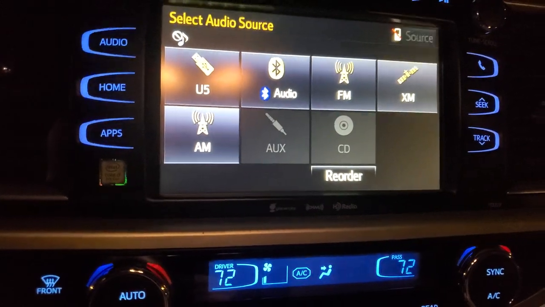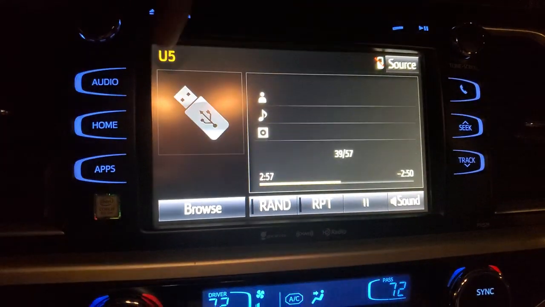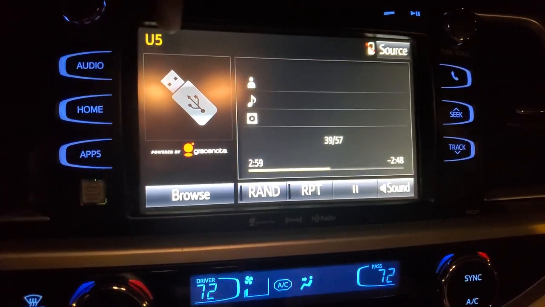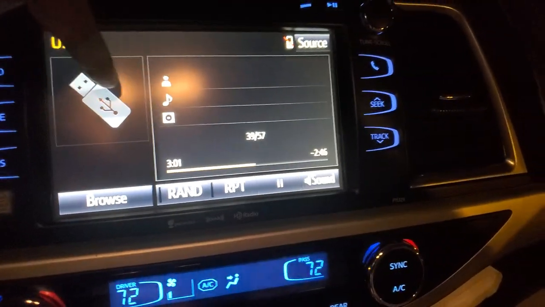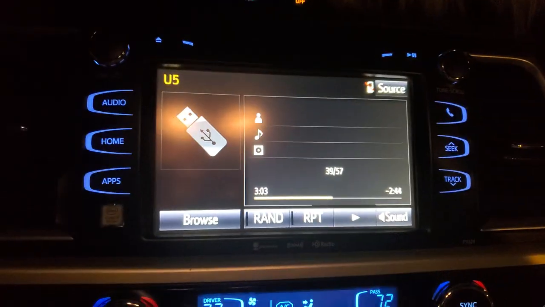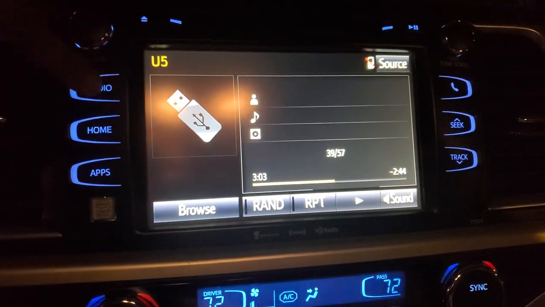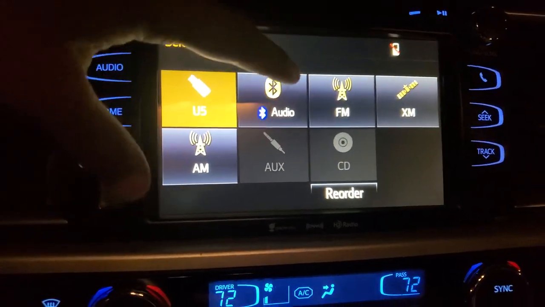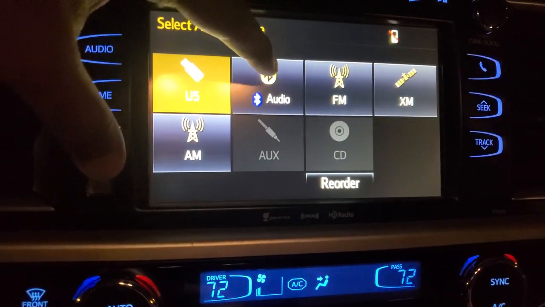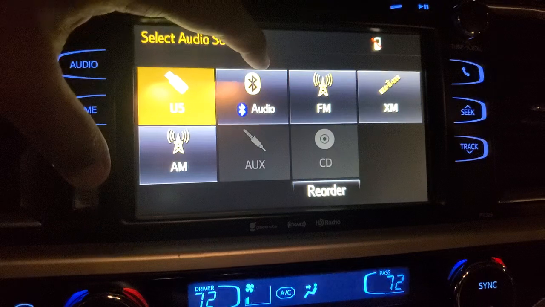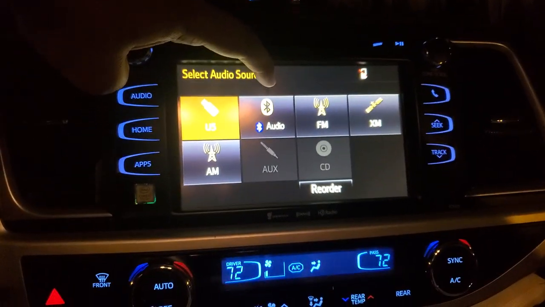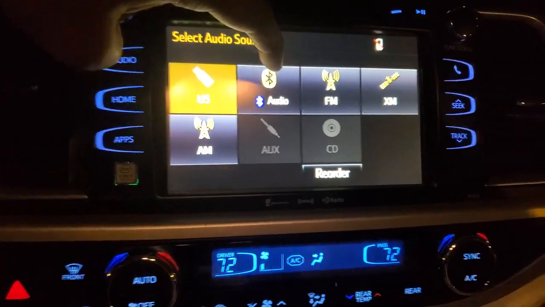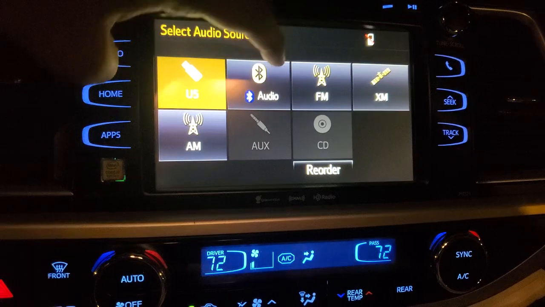If you press this, then it will play the audio from the USB. And then we have audio from Bluetooth. For example, if your phone has some songs inside, then it is going to play from here.